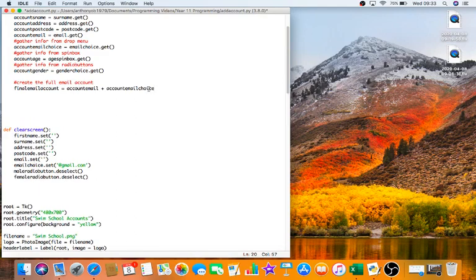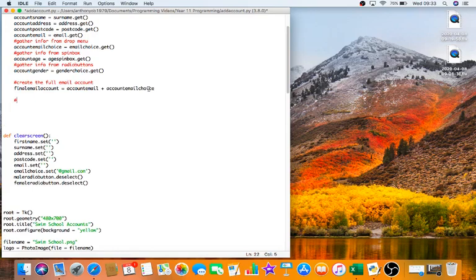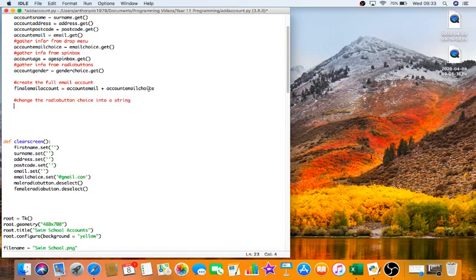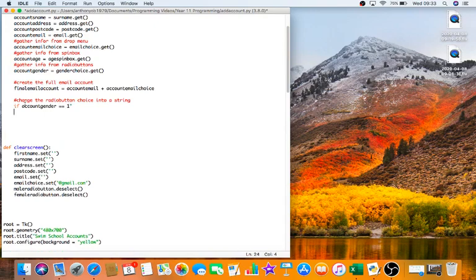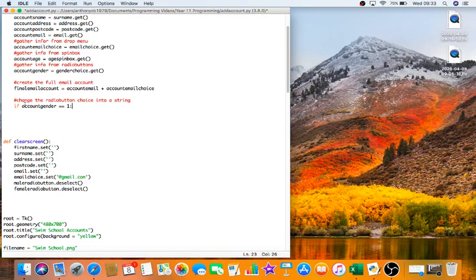The second thing I want to do is I don't want to write the number 1 or number 2 to my CSV file. I want to write the word male or female. So what I'm going to do is change the radio button choice into a string. So what do I do? The first thing I do is check what's the value of account gender. So I say if account gender equals 1, then, and I put a colon at the end of that,